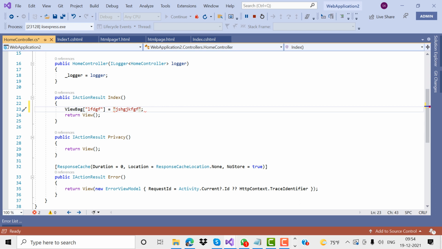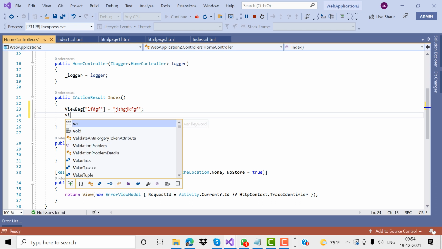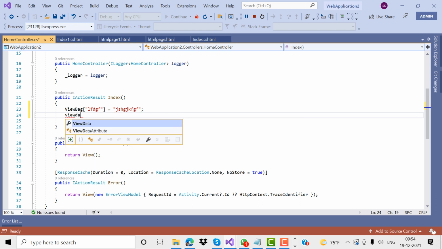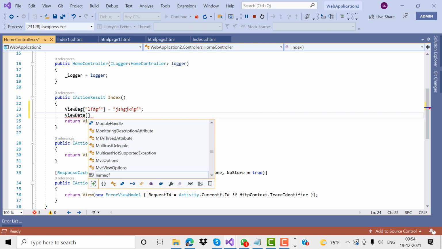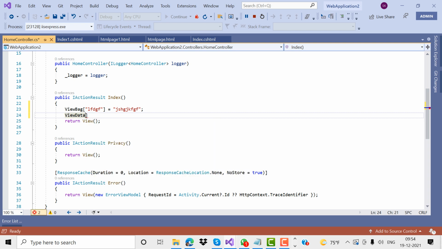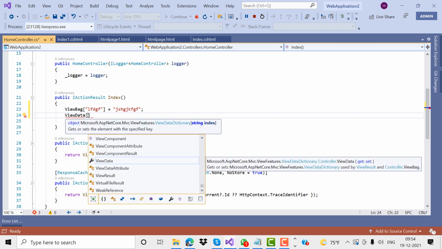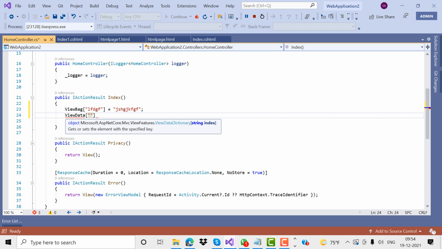ViewBag, and the next one we have is ViewData. ViewData is also there. You can pass the value from one view to another view, and one more is ViewData. You can maintain the value from one view to another view.